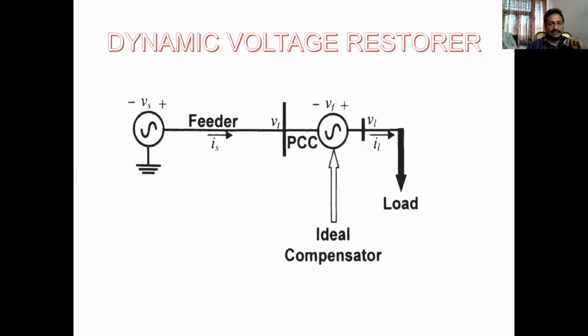It is used to protect sensitive loads from sag, swell or disturbances in the supply voltage. So that is the basic idea about where we can use this dynamic voltage restorer. Again, I will repeat, remember, it is used for sensitive loads where there is sag, swell or a disturbance in the supply voltage. The implication of such a disturbance, for example in food processing, has been discussed in most applications.